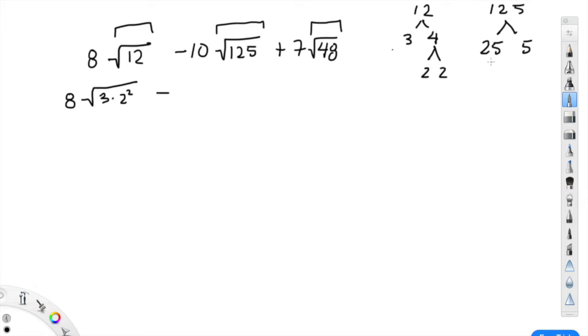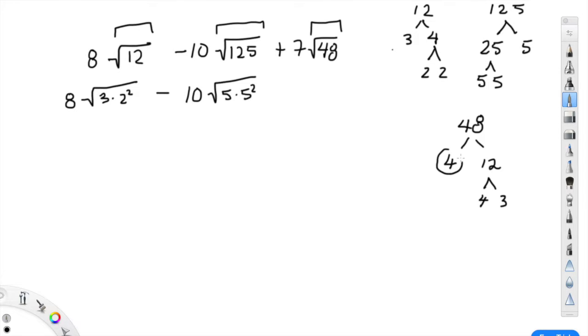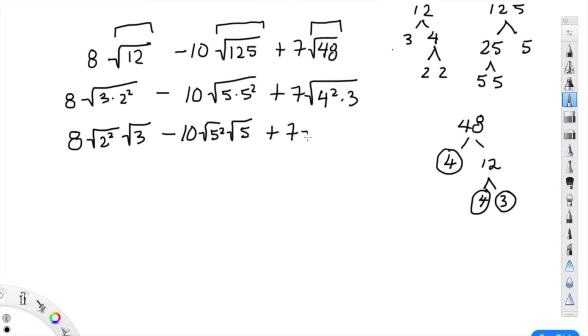125 can be rewritten as 5 times 5 times 5. So the perfect square in there is 5 squared, or 25. Then you factor that out. And then 48 can be rewritten as 4 times 4 times 3. So the perfect square there is 4. 48 is the same thing as 3 times 4 squared, so you can factor out 4 from that. When you're finished factoring out the perfect squares,